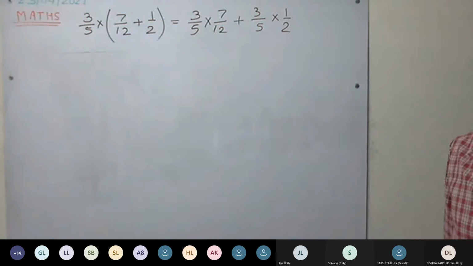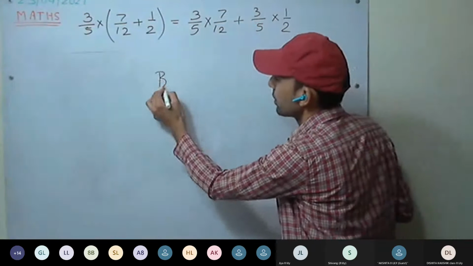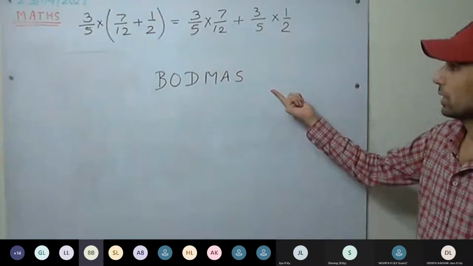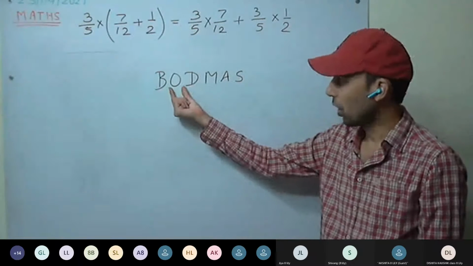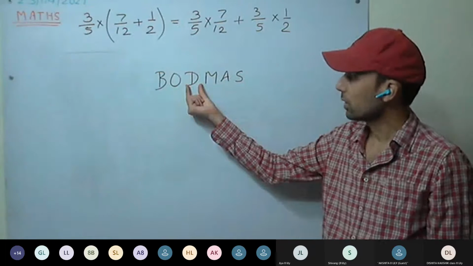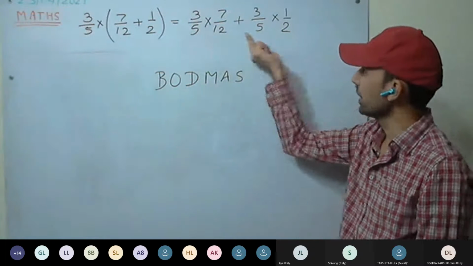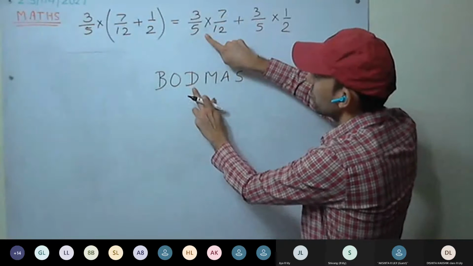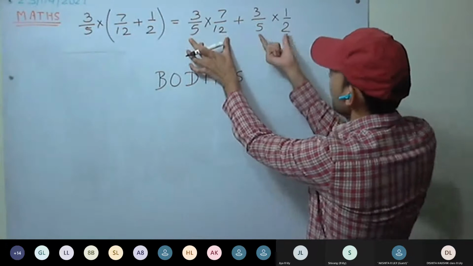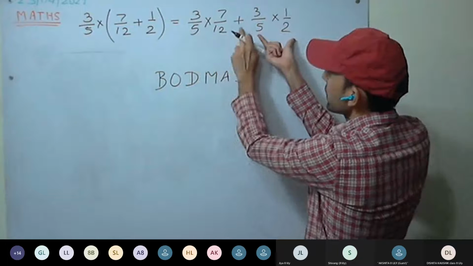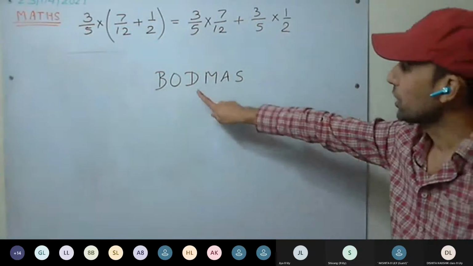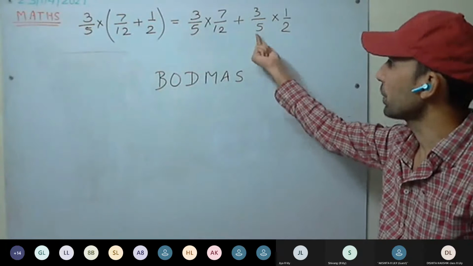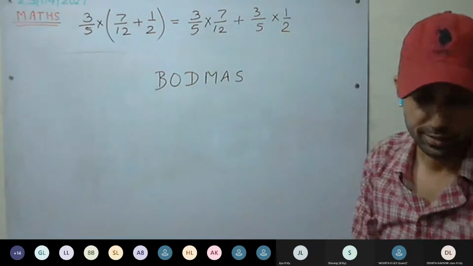Okay, before doing this, do you all remember BODMAS? Yes, sir. Okay, always remember this one. That is, first always solve the bracket, then of, then division, then multiplication, then addition. So for example, here on the right hand side, first we'll be solving what? Brackets are not there, no of, no division, multiplication. So we'll be solving first this one and this one, and then addition. Then we are going to add. Understood this one? So always remember BODMAS. Don't add these two first, 7 upon 12 plus 3 by 5. That will be a blunder.